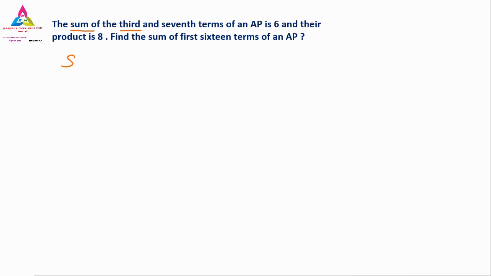I have already told you, if a number has rd or st or th above it, then it is not Sn, it is An. And here also, seventh, they have given in words, but actually it is the 7th term. When we have it in th form, it is nothing but An. So what do you mean by this sum?